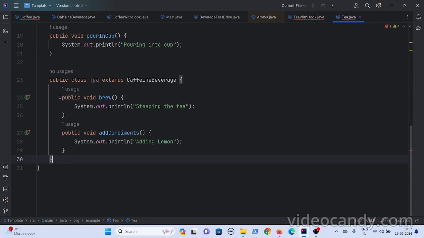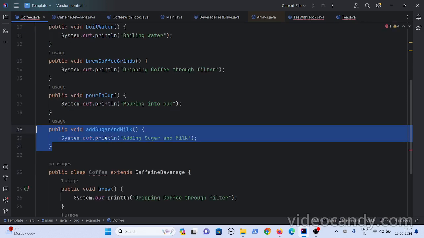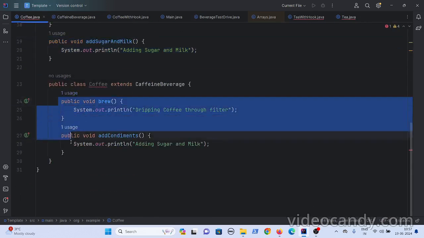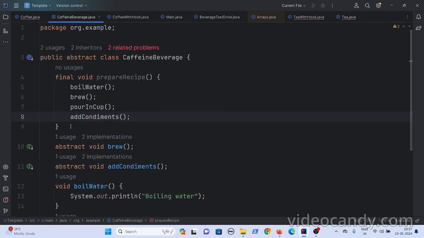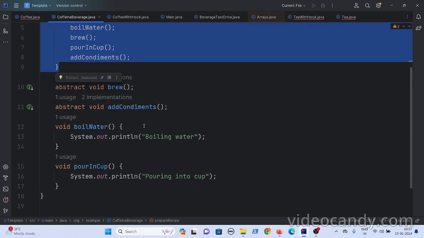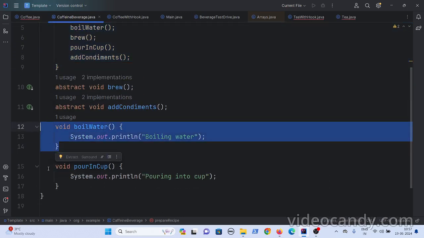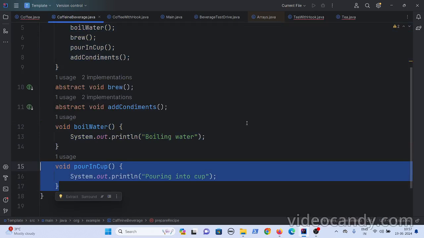Your tea class has to implement only these two methods, and your coffee class has to implement only these two methods. If you see your parent class, it has this prepare recipe, and it has implementation for boil water and pour in cup, because the implementation details for boil water and pour in cup are the same.